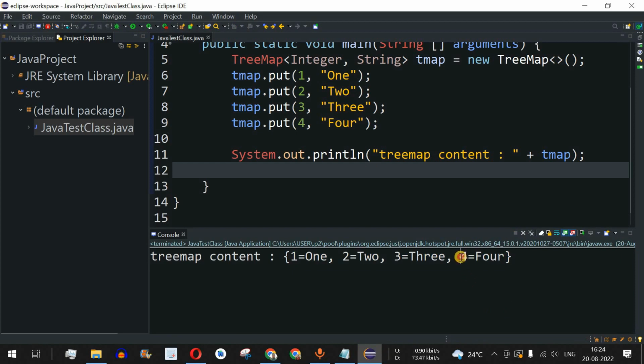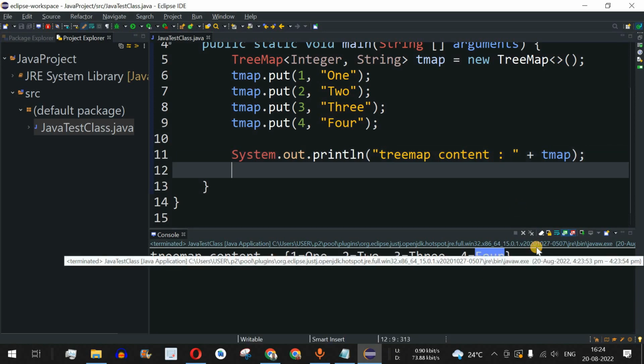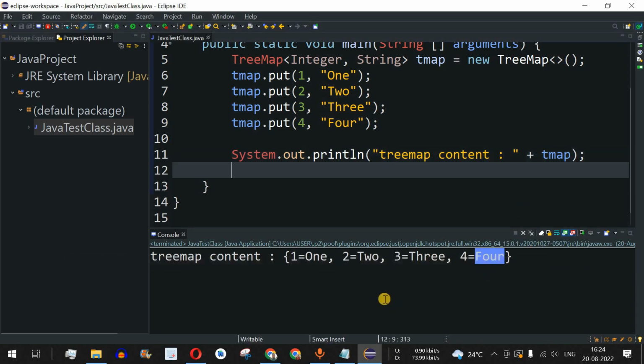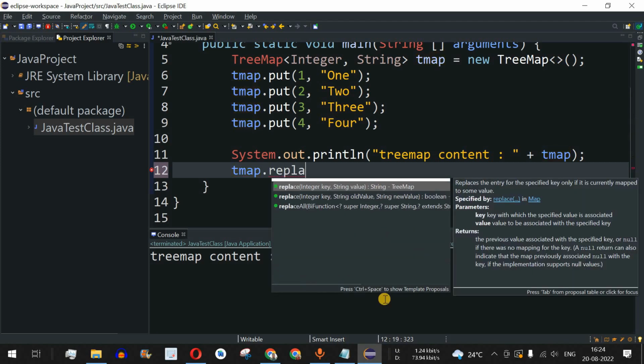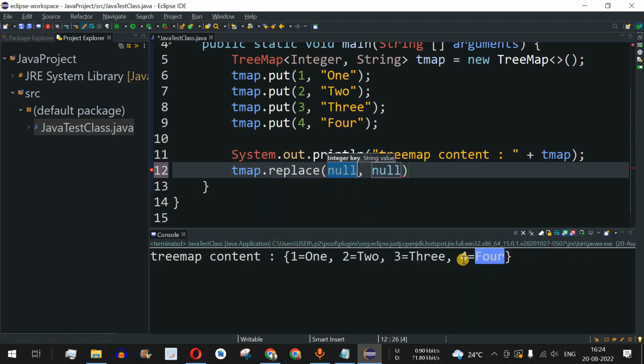Now guys, instead of this key 4 equal to 4, I want to provide this value as 40. So guys, what we can do is we can use the replace method. So over here, I'm going to use the tmap object followed by dot, and then we have replace. So as you can see, this method is going to take a key and a string value. So basically the key is going to be this 4.